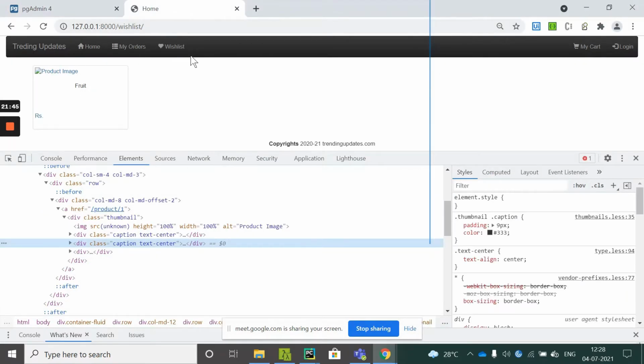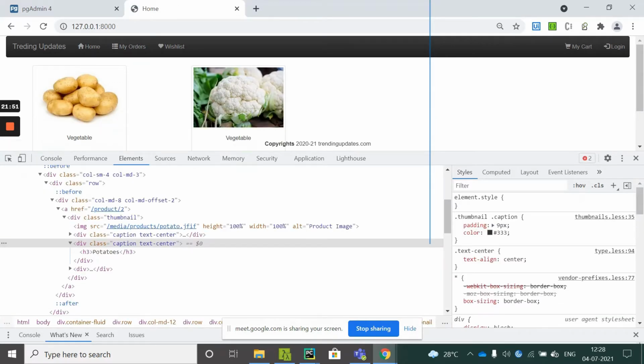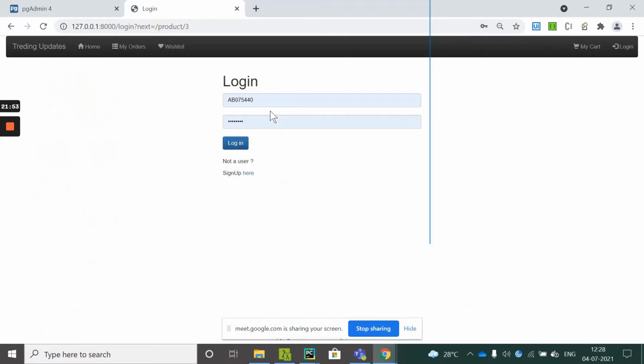So what will that product be? Going to the home page, going to the detail view of the product. I'll just cancel this and go to the detail view of the product. To go to the detail view, you had applied login required.